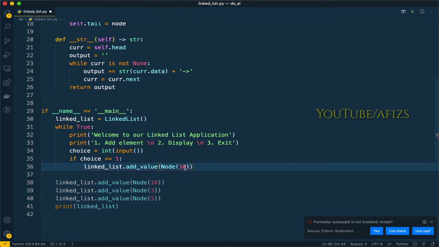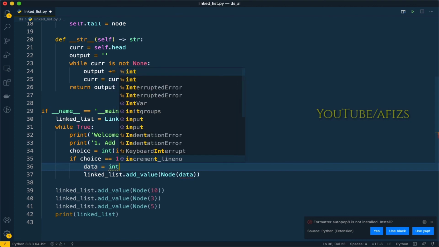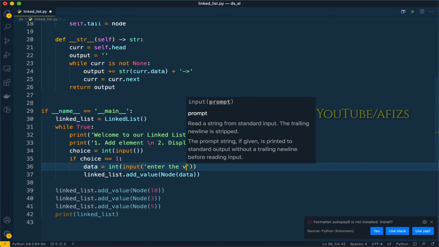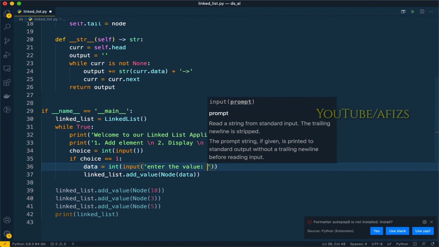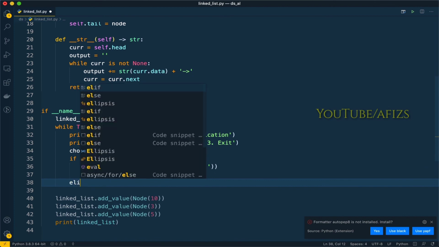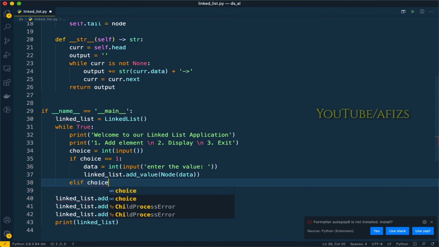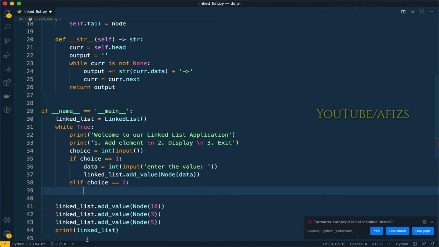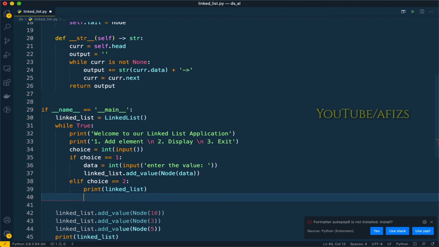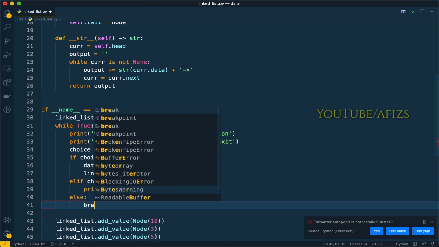So let's do this here. Instead of taking the value directly here, we will ask the user: data is equal to int input, enter the value. And now let's have another condition, else if choice is equal to 2, then we will display all the items. So for that, simply I can use this print statement, and for anything else we'll simply break.